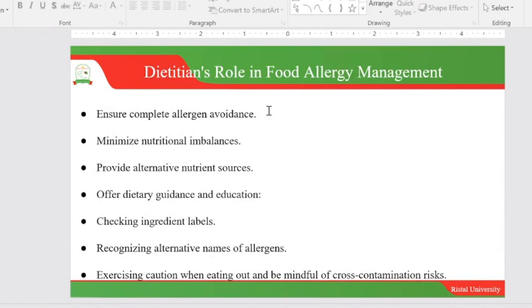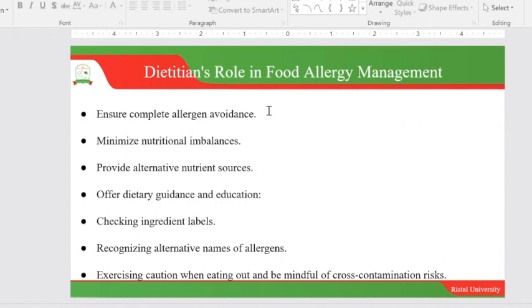Also, we try as much as possible to ensure complete allergen avoidance, as we saw, and minimize nutrition imbalances, providing alternatives or substitutes, education, and checking ingredient labels. Remember, nowadays it is more to do with economic access to food. People have been talking of availability of food going through the farms, etc., but really, with most of our population going to urban centers and suburban areas, we are looking more at economic access to food. So we are trying as much as possible to sensitize our people to check for these ingredient labels,